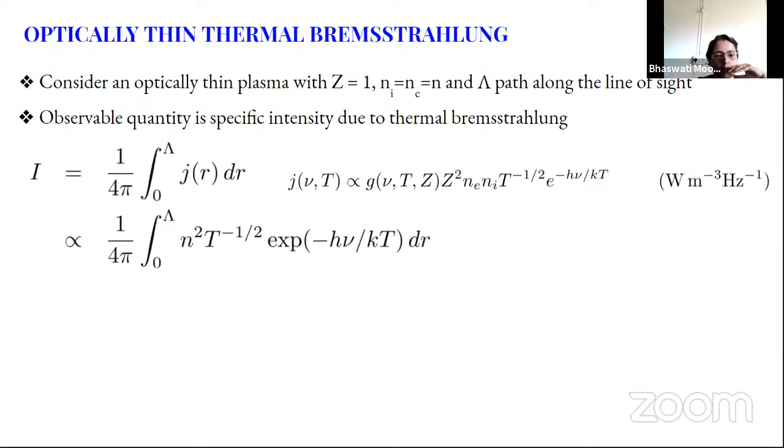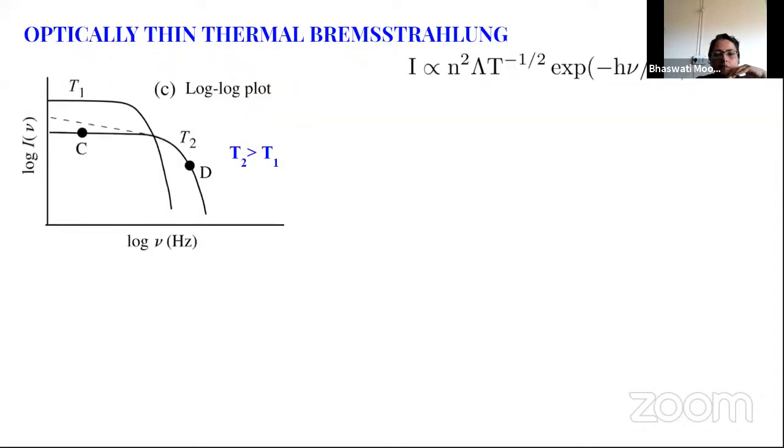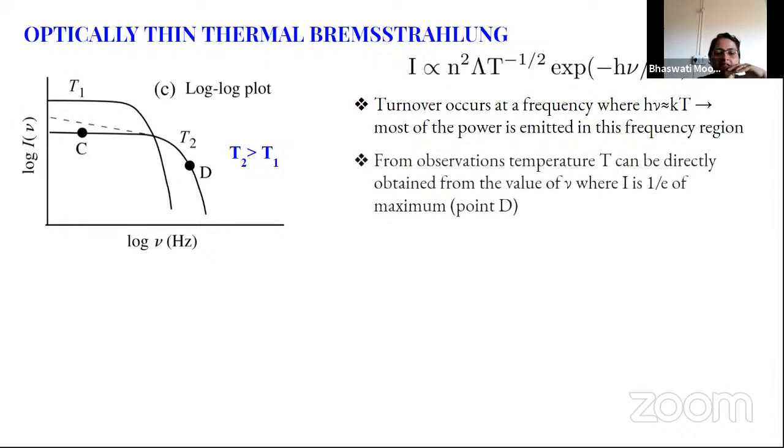Okay, one last question, ma'am. Can you repeat how you measure temperature at the point D from the graph? Yeah, so point D is where the intensity falls to 1 by E of its maximum value. If I have measured it here and here, I know the maximum. This is the flat portion, so this is the maximum value, which corresponds to this, and at this point this is equal to n square lambda t to